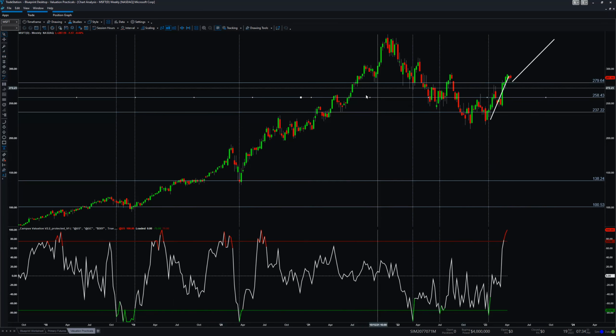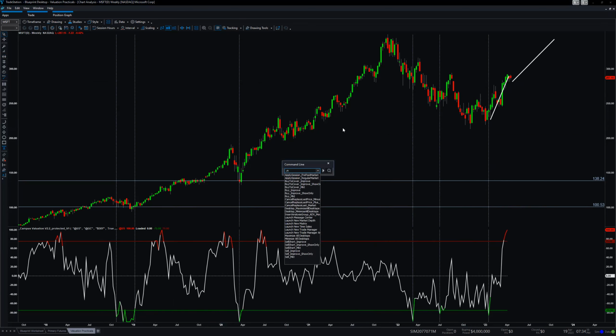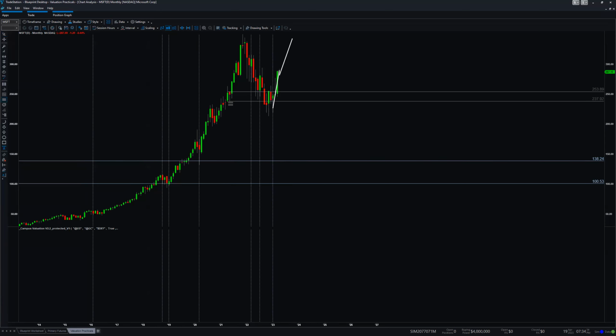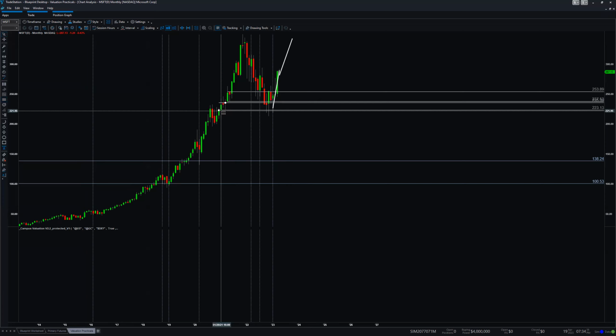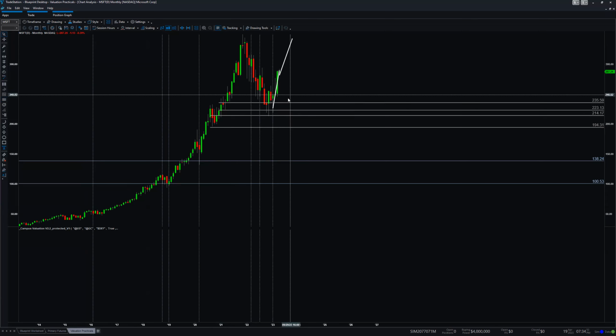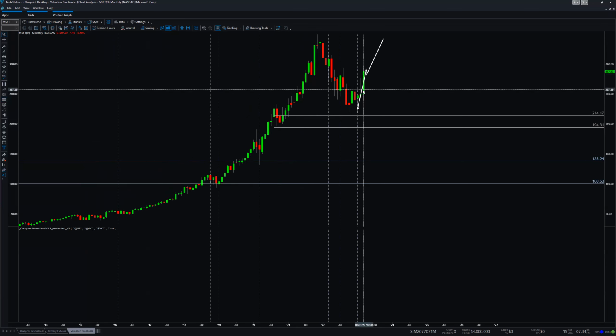Then if you, of course, overlay monthly demand, right? If you're going to say, now I only want to buy in monthly demand, right? And you start buying here and you start accumulating here in all of these monthly demand areas, then eventually you will have maybe a better entry than if you just buy as a value investor, as a long-term investor. But in terms of understanding what the market is going to do,